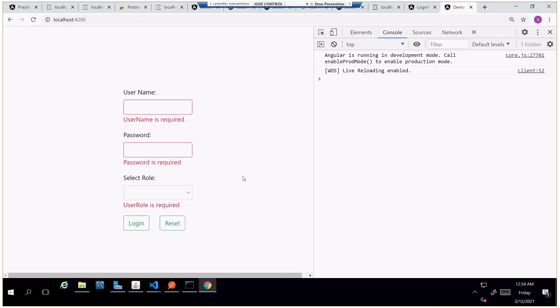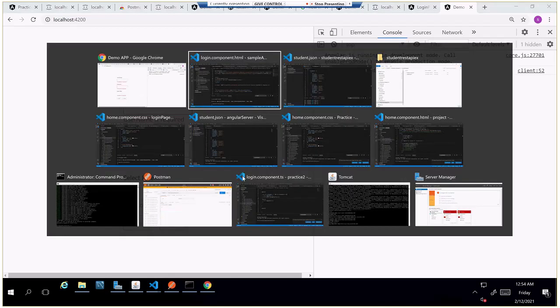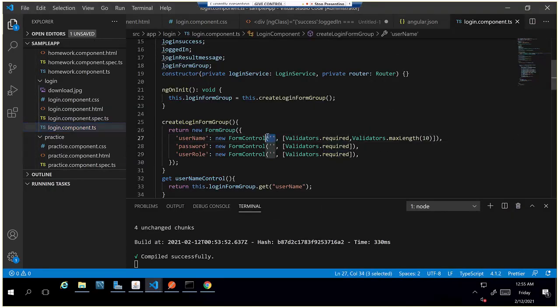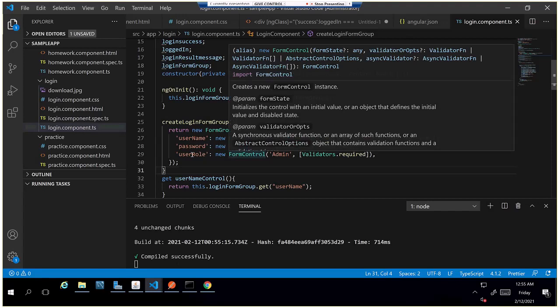We have created one form group inside our login component. The first value is empty, so this is where we can set the default value the first time. If I specify admin here, it will take admin as the value for this username and set that value here.